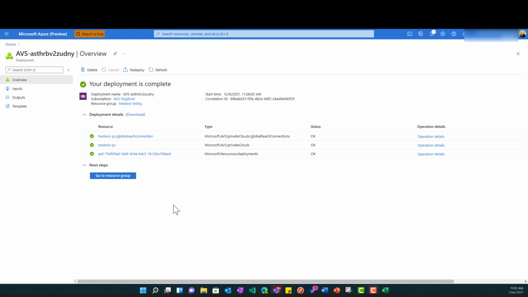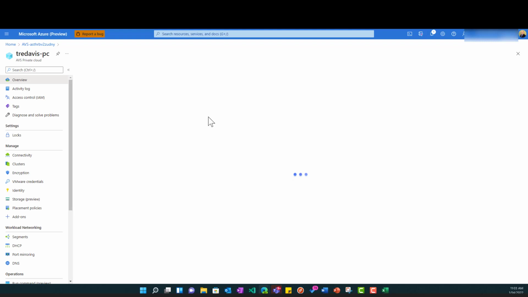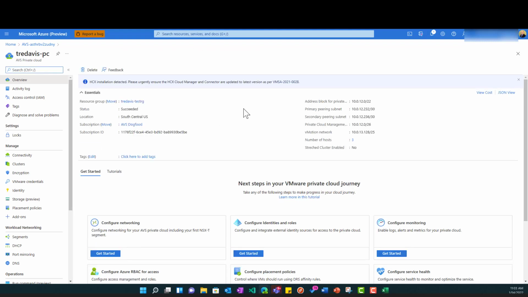All right, now our private cloud is deployed. So you should see a screen similar to this, and then we're going to go to our private cloud. So like all other Azure services, there is an Azure portal page. This is the AVS private cloud, and here's everything you need